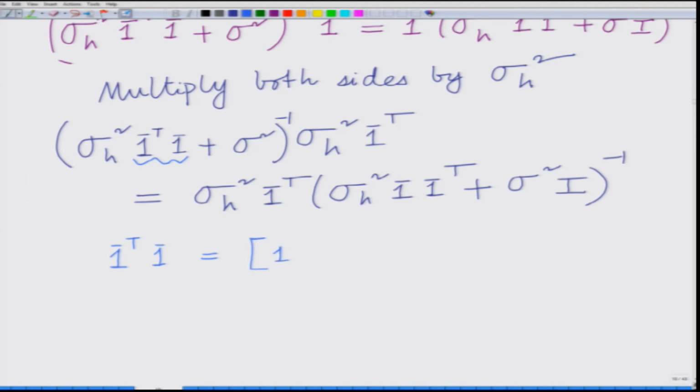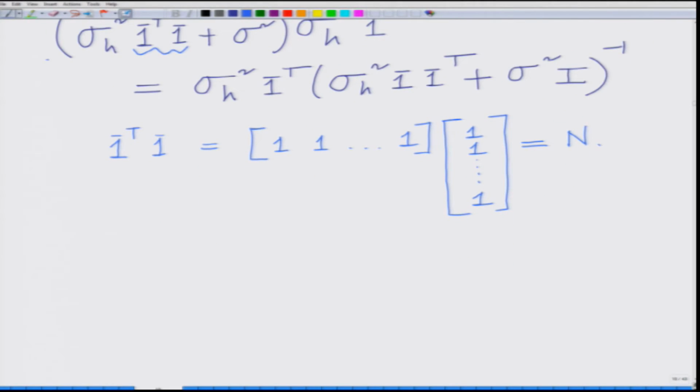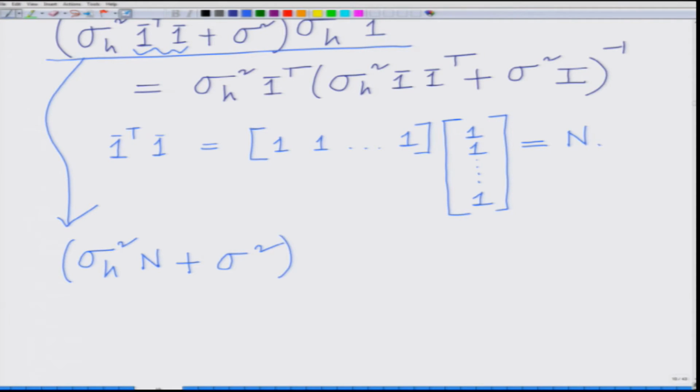This is the n dimensional row vector of all ones times the n dimensional column vector of all ones, which is simply equal to n. 1 bar transpose 1 bar is equal to n, and therefore, what we have now is, interestingly, this quantity here, this is basically sigma h square n plus sigma square, it is a scalar quantity, into sigma h square 1 bar transpose equals